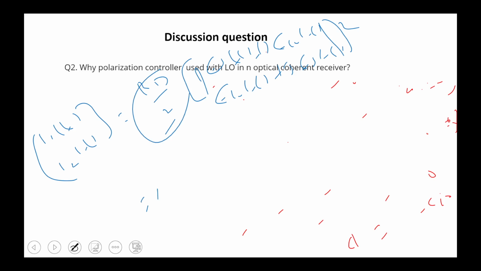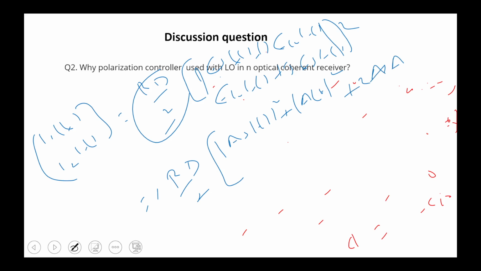So we have to put the value of ES(t) and EL(t) that I mentioned previously: ES equal to AS e to the power j(omega_S t plus phi_S), and ELO equal to ALO e to the power j(omega_LO t plus phi_LO). So we put those values in place, and it will become the mode of AS(t) square plus ALO(t) square, because you take the mode, so minus j square ALO square should be 1 minus 1, plus 2 times AS ALO